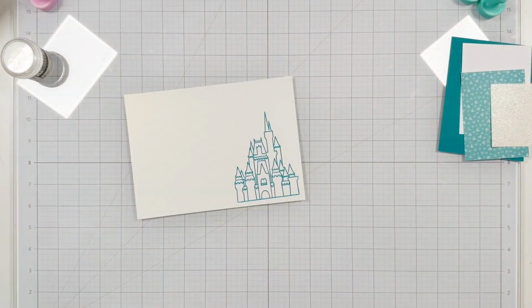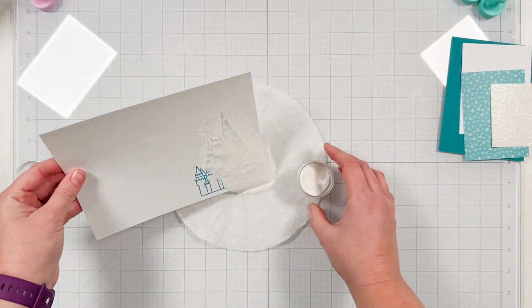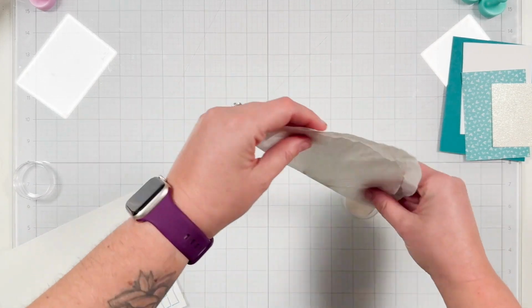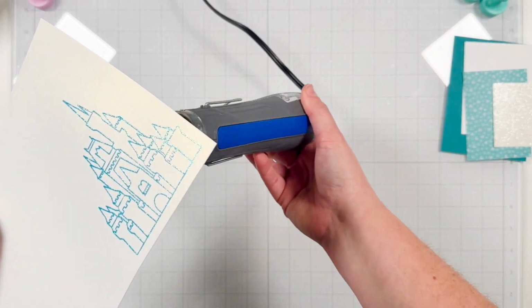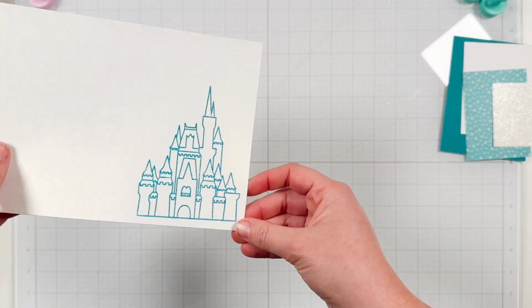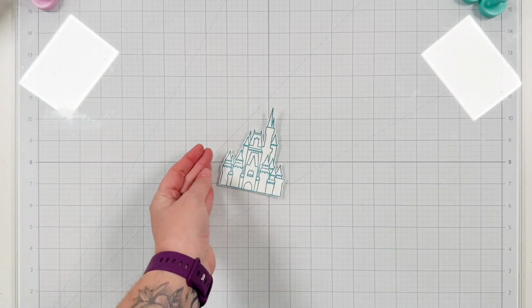Once I'm done stamping with my VersaFine Clair, I'm going to grab some embossing powder. I'm going to use Holographic from Ranger, and it's a clear embossing powder that has a holographic or iridescent shine to it. So I applied that all over where I stamped, and then I used my heat gun to melt down that embossing powder, and it creates this really shiny and raised border where I have stamped. It's kind of hard to see the holographic shine, but it's there. It really adds to the cardstock that I used and gives it that icy, shiny feel that I'm going for. I'm going to go ahead and fussy cut that out off camera,